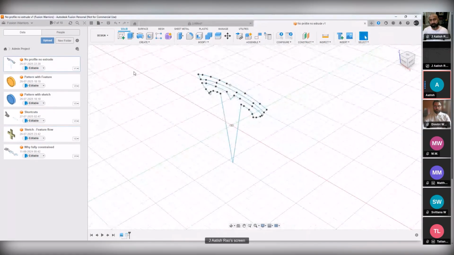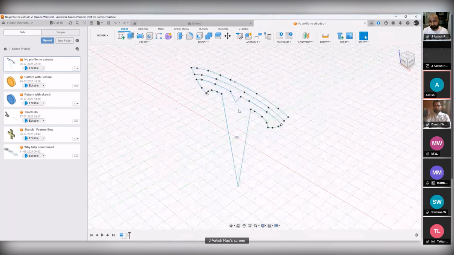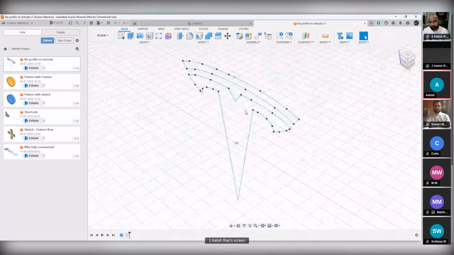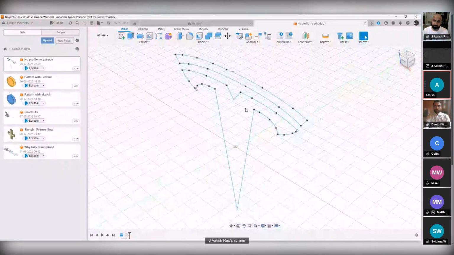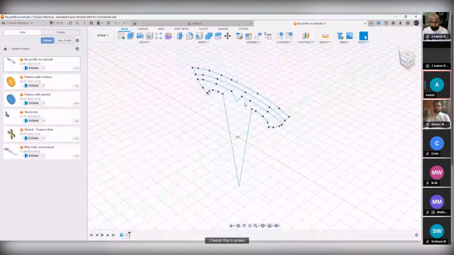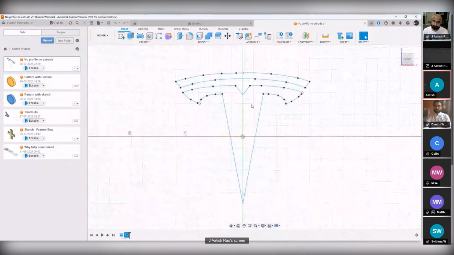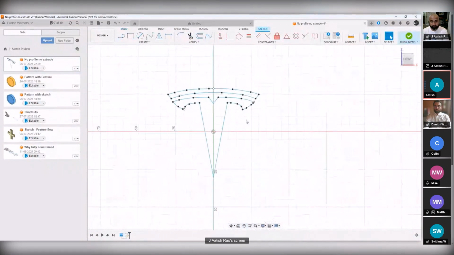Next is a very known issue when it comes to Fusion 360. That is, students are not able to find a place to extrude because there are certain gaps in the geometry. So in order to address the same, you can edit the sketch in the timeline and you can simply start. L is the shortcut for line. Okay, so you can simply start by